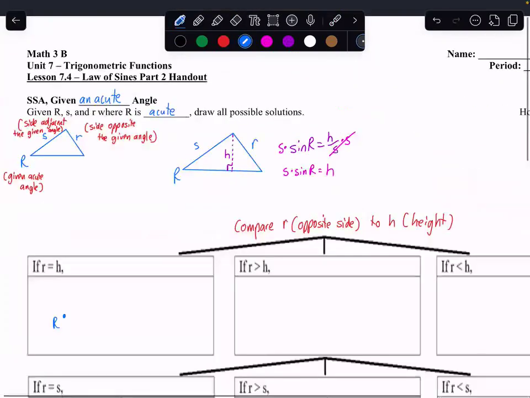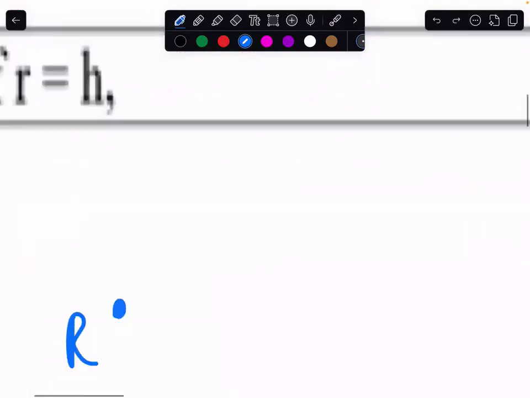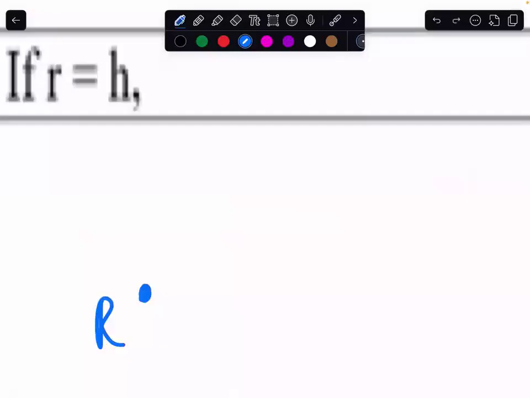Okay, so remember, I am telling you what capital R is. You don't get to choose the angle. And we know the angle determines how wide it is. So what we're gonna do is draw a dashed path horizontally